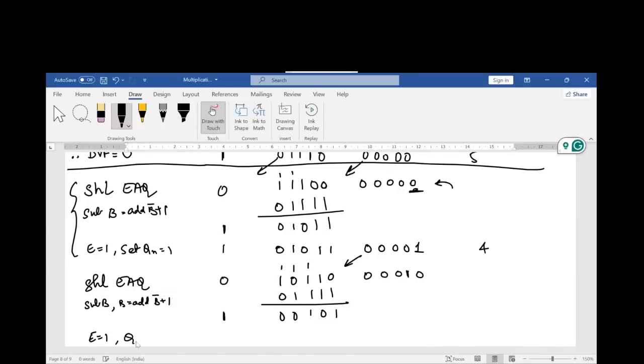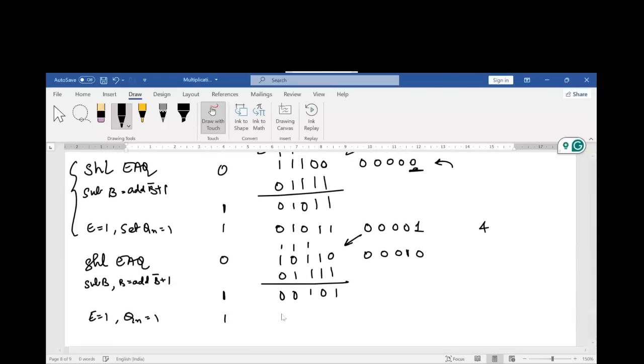So set Qn to 1. Then what do we do? 1. These would remain as it is. This would remain as it is and set Qn to 1. This make it 1. Okay, and decrement the sequence counter. Next,